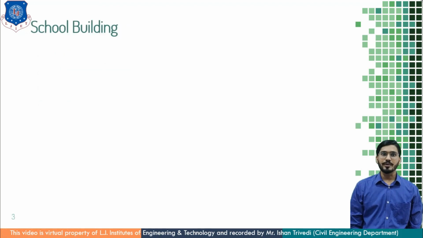A school building proposed in a city area may have more stories, or you can say floors. It may be 2 or 3 stories, or sometimes you will find a school building of more than 5 stories. Hence, accordingly, we have to plan the activities and space logically over different floors. Here, logically means, for example, outdoor sports cannot be on the 4th floor, but indoor sports can be on the 4th floor.